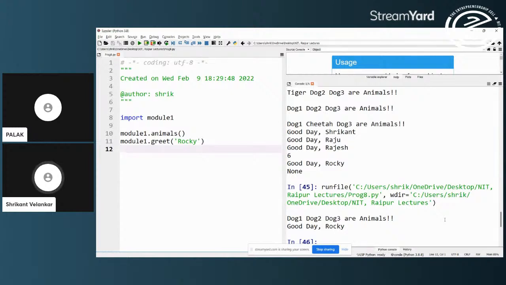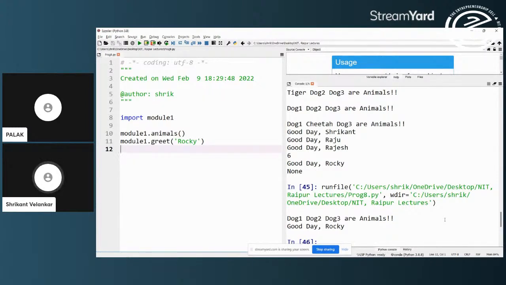A package or a module required in a program is called a dependency, because that program happens to use some function in that particular module, or in turn a module might be using a function from some other module and a program is using that module. So either way we say that the program is dependent on that module, which in turn is dependent on another module. Okay, so all these are called dependencies.